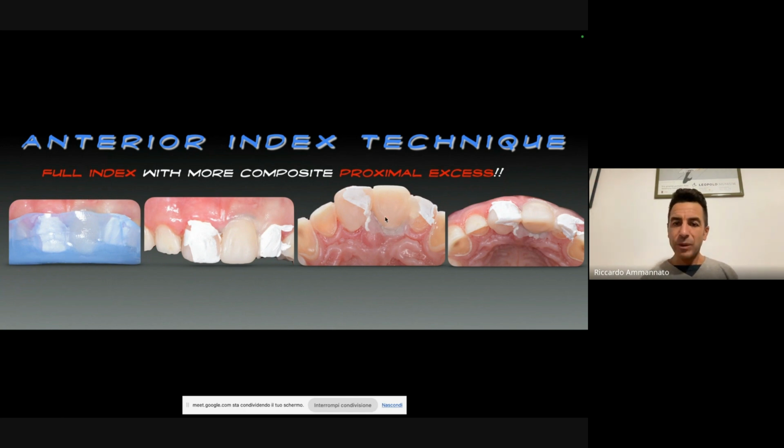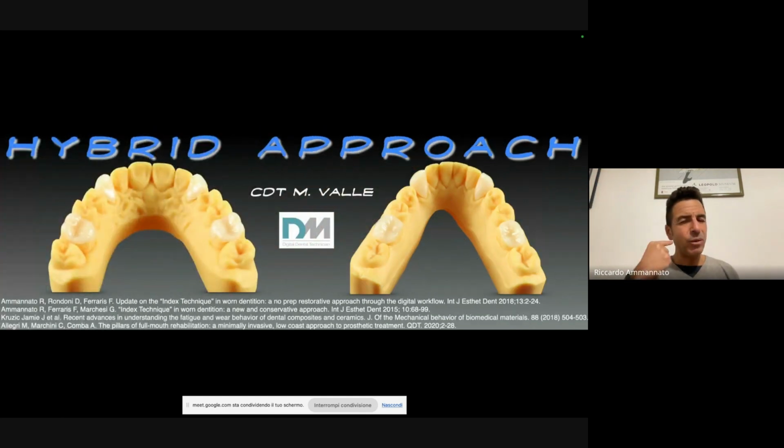So I will reach my goal at the end, but it's going to take longer. It's not going to be so easy. And then it's not going to be so predictable to have an interproximal smooth emergence profile, okay? Especially when you manage the posterior. The anterior is a bit easier, but the posterior is more difficult.